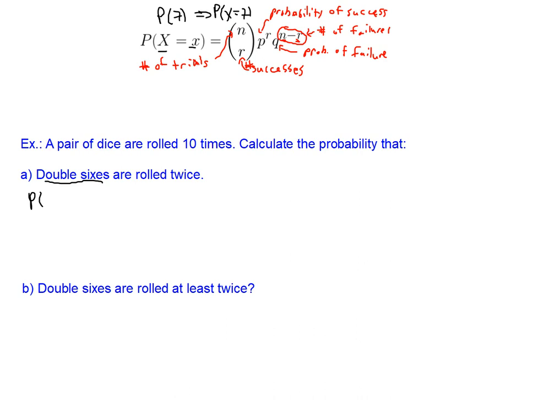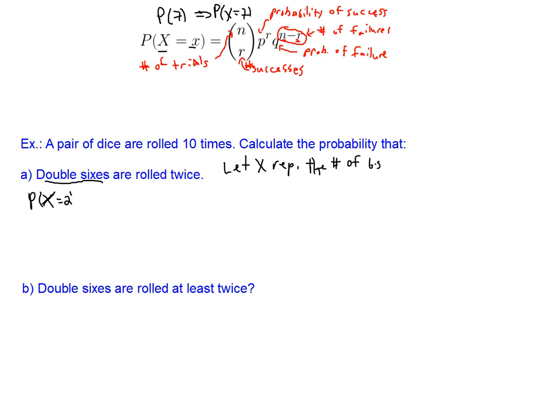I'll just do that up over here. So let x, our random variable, represent the number of sixes. So the probability that x is equal to 2, this is our capital X, our random variable,